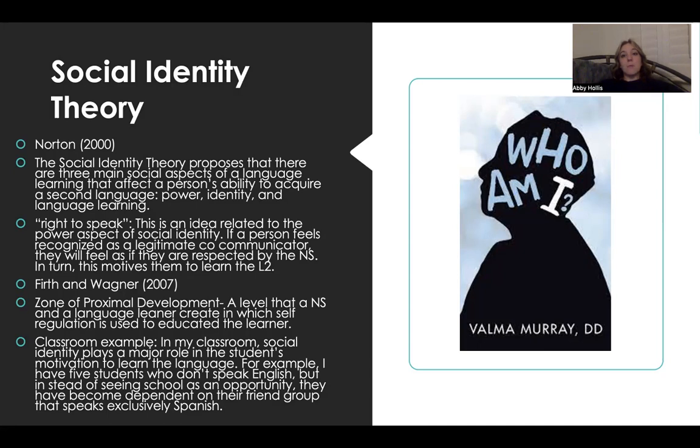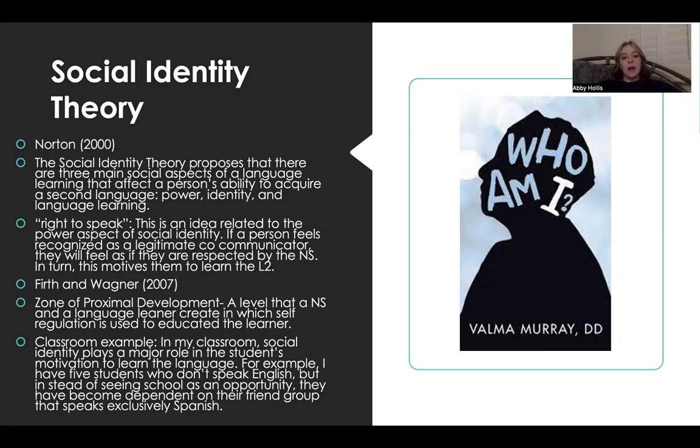Whereas if someone has the attitude of, I'm never going to be good enough, they're going to laugh at me if I speak at them, I'm going to say this word wrong, and just constantly has that affective filter in our brains that is just telling us all of these things that we're not going to be able to do, their identity in their power or right to speak is going to look a lot different than someone who is confident in their abilities, who is motivated to learn.